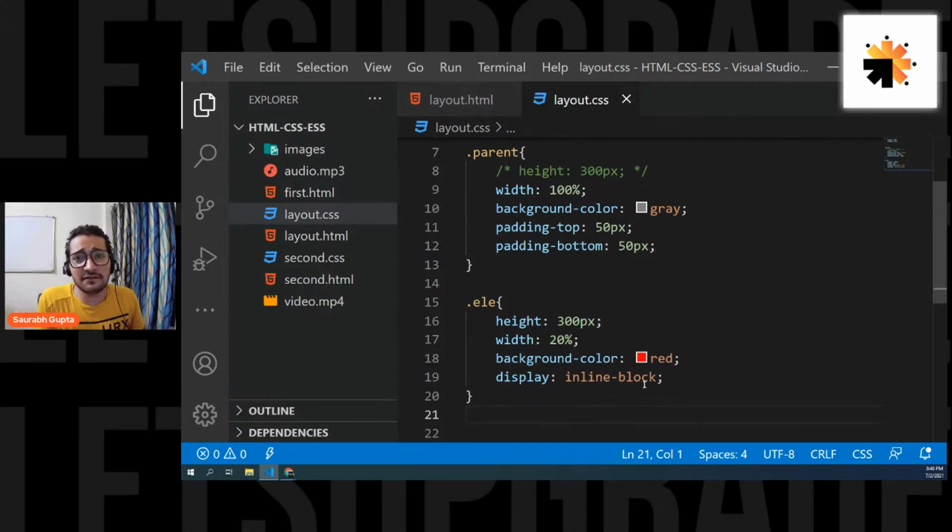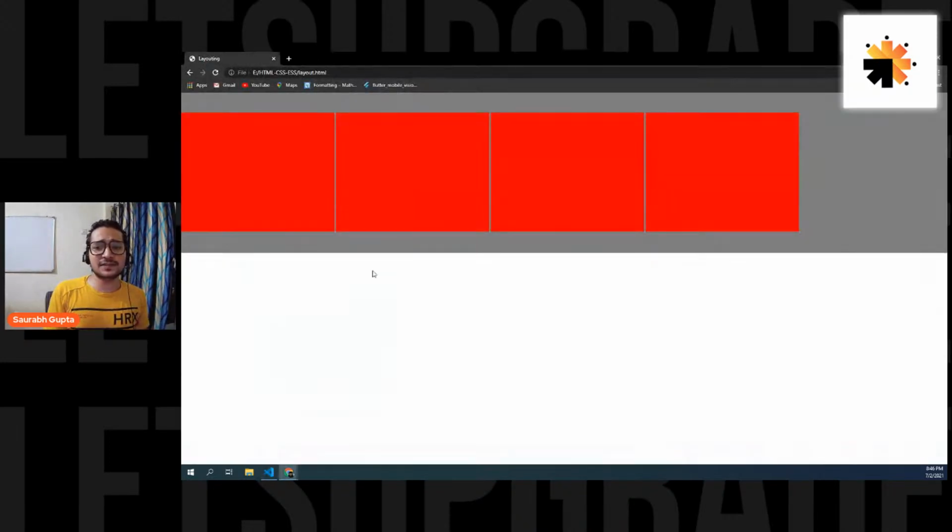Guys, are we cleared with this, everyone? Please tell me. Are we cleared with this? Yes, we can increase the space. Why not? See, if I want to increase the space between them or around them, now you guys tell me